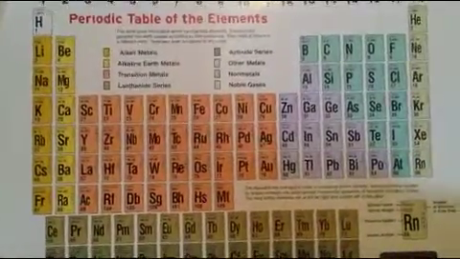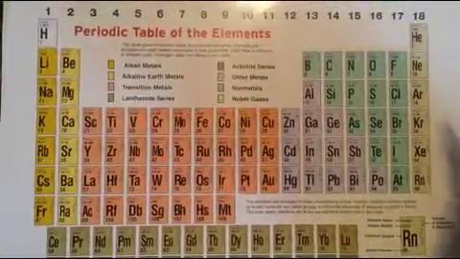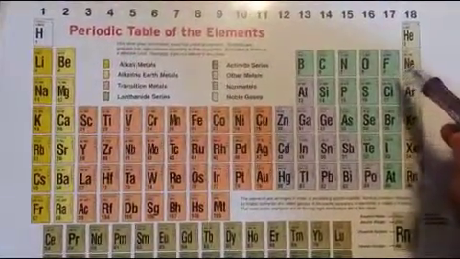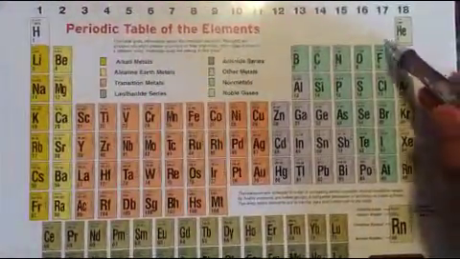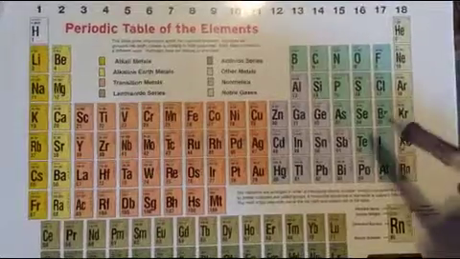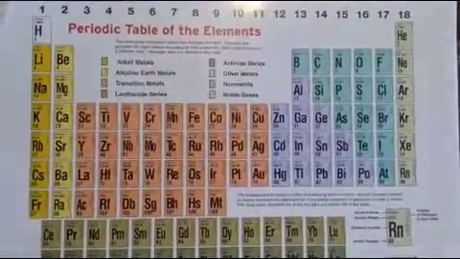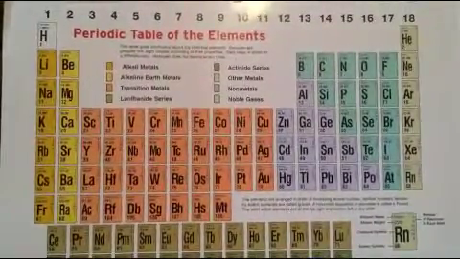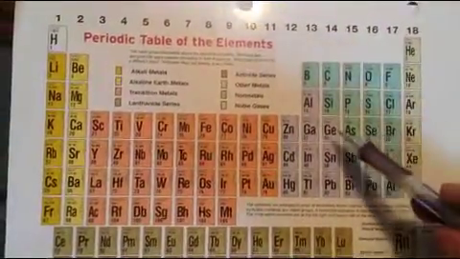So one thing you want to remember is that the element with the most electronegativity is fluorine, which is right here. So anything that's really close to it has a high electronegativity. So the question was, which of the elements listed below has the greatest electronegativity? So it's just going to be the